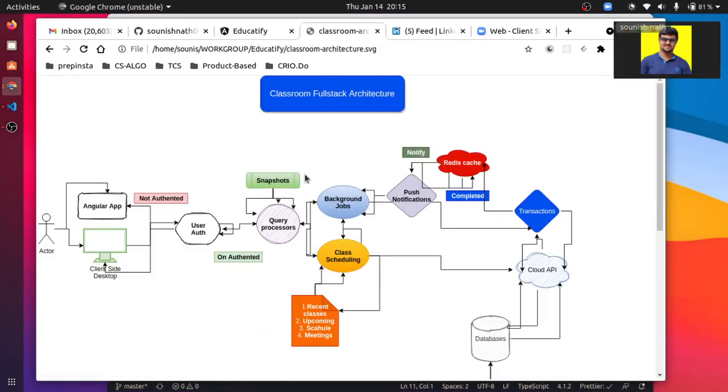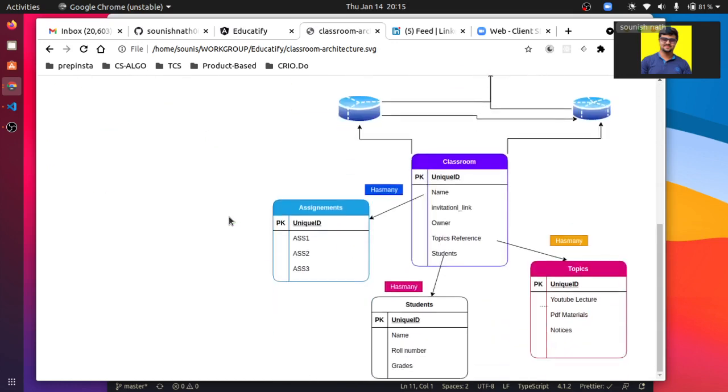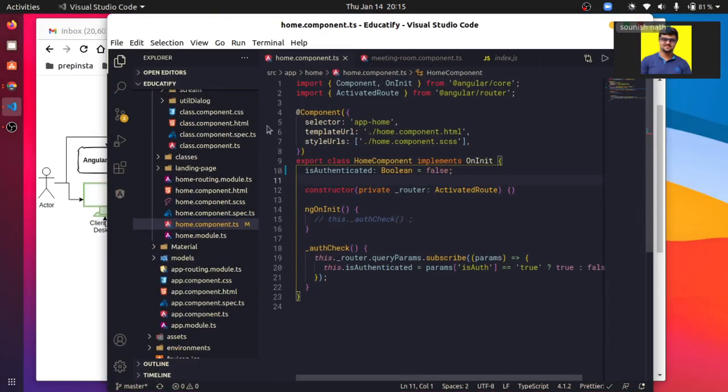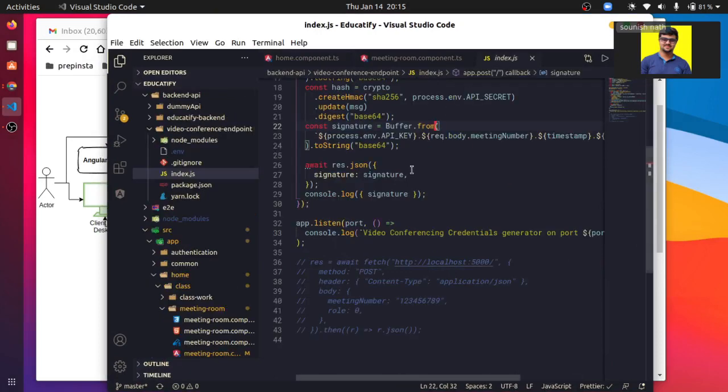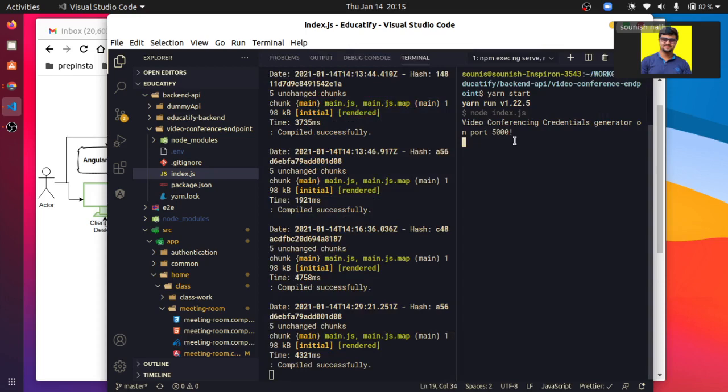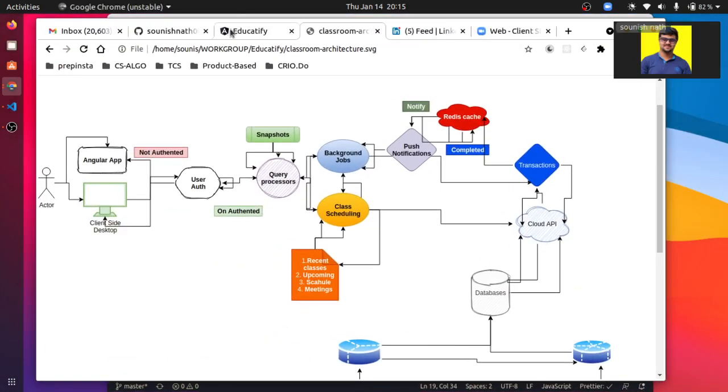To build our project, I made a simple architecture diagram of how things work under the hood, the database setup and the Angular app. For the front end we are using Angular, and for the back end we are using Go, with some parts written in Go and other things. For the video conferencing app, it is a fairly simple Express API. The API sends a POST request to the Zoom server and returns an authentication ID. Let's see our project.